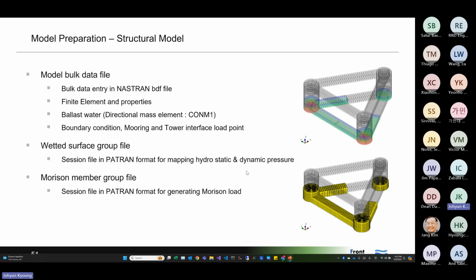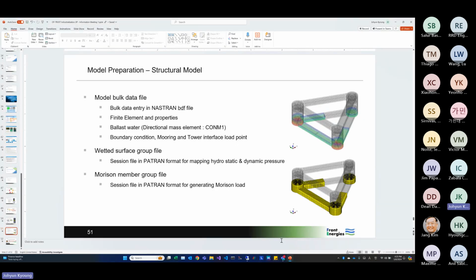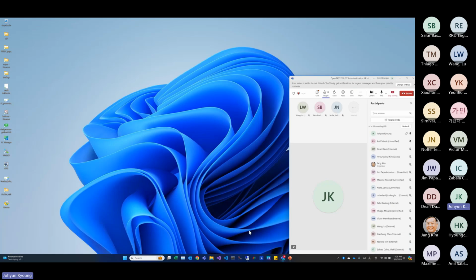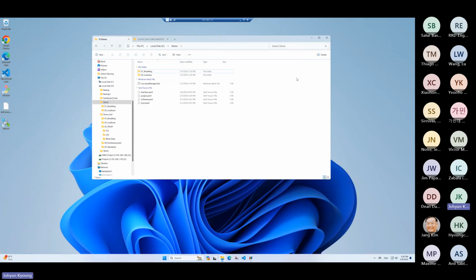I will go to the actual file, and then I will do the execution. So let me go to the folder like this. It's a little bit smaller, right? So